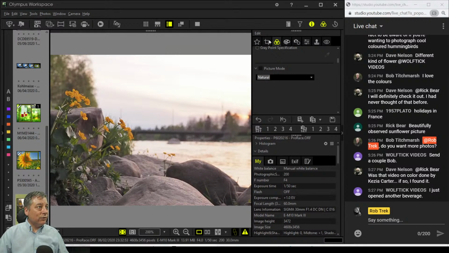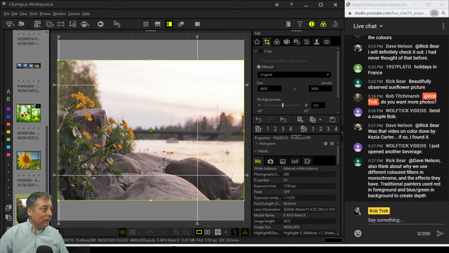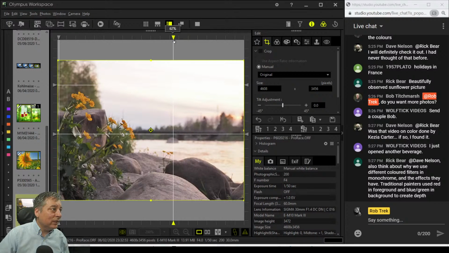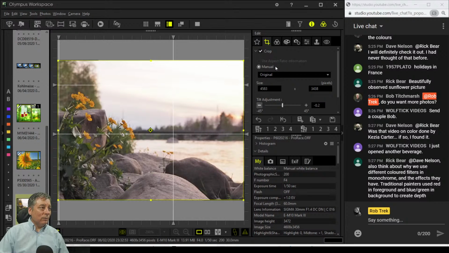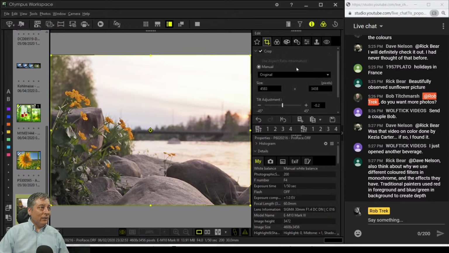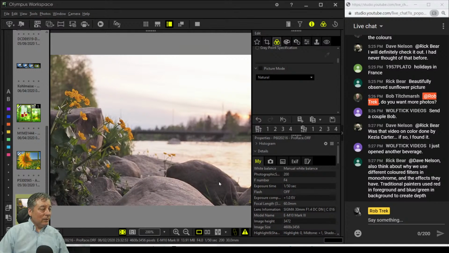This all looks good. Now I need to straighten it because this bridge is crooked. I mean, it probably is actually going up a little bit, but in the image, the bridge is crooked and these poles are straight. I think I'm still going to tilt it just one tiny bit. Now that looks crooked the other way. Maybe, okay, just a tiny bit there. And then I want to crop this. I think I'll crop it wider because